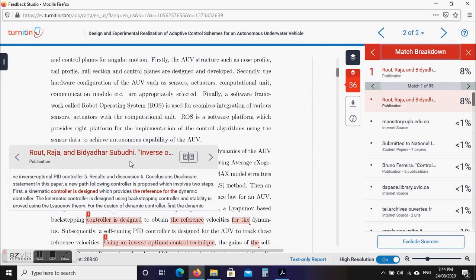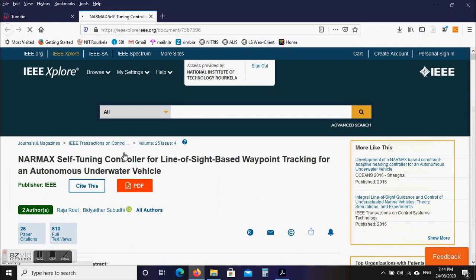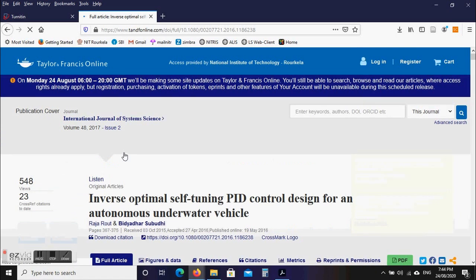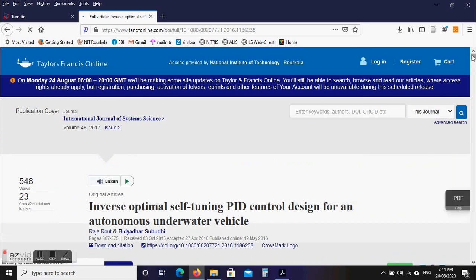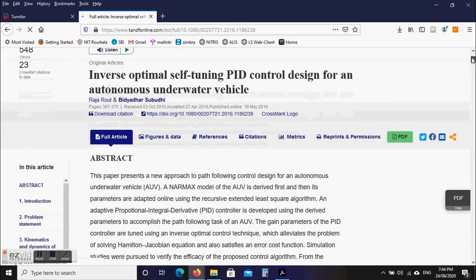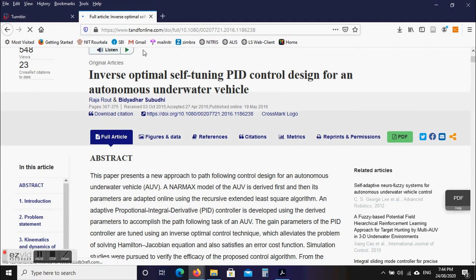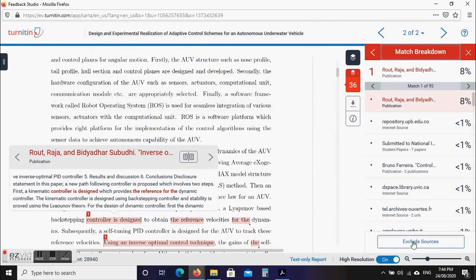Again this one. Similarly you can verify again, as I have already shown you. So this is the Taylor and Francis website, and this seems to be again a part of that particular thesis.